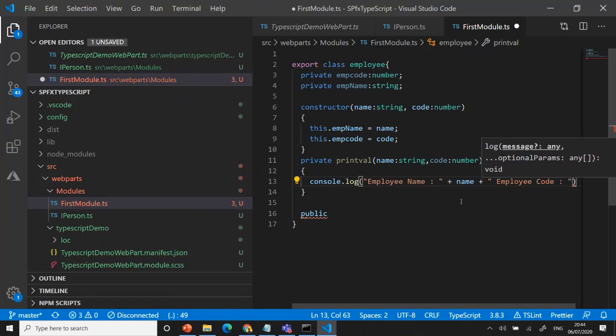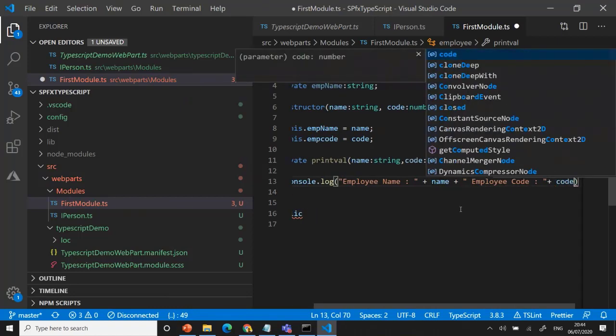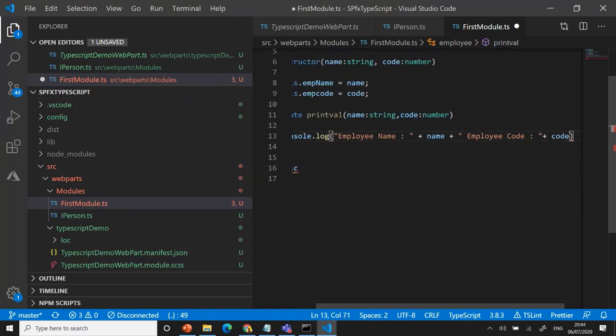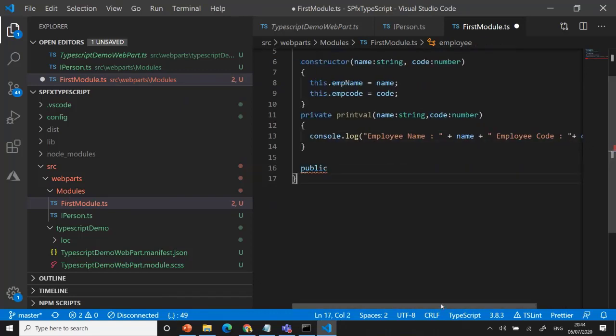I use the code, plus code. Likewise, we can pass the value, like whenever a constructor is built, it will automatically bring the value here. There's a public method you can access from the print from function.